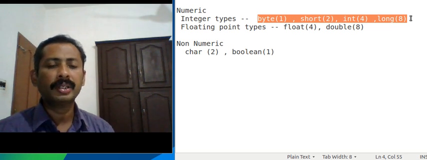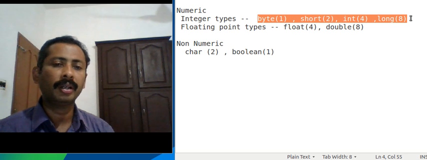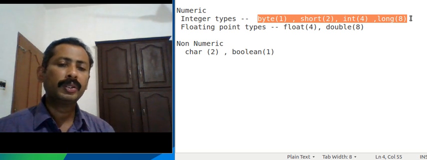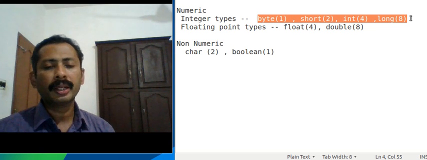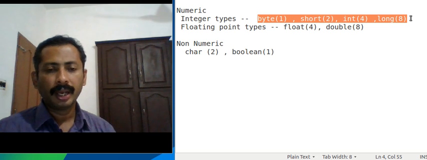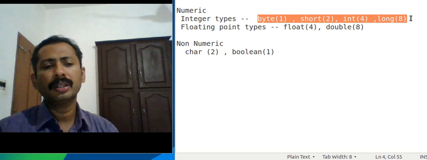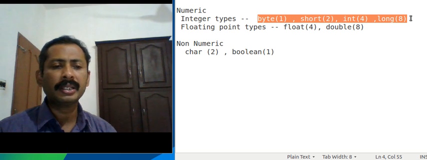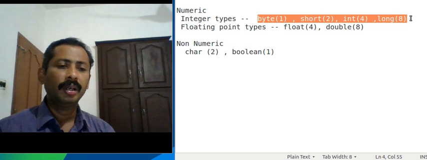stores data which are not of number type, and so it can be a character or a boolean type. So a character can store a single character like A, B, C, etc. It can store a single character, and unlike other languages, in Java 2 bytes are allotted for this character type.